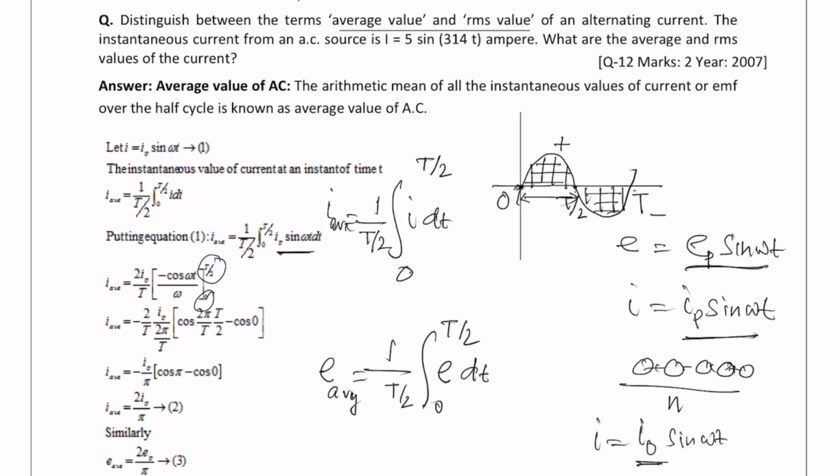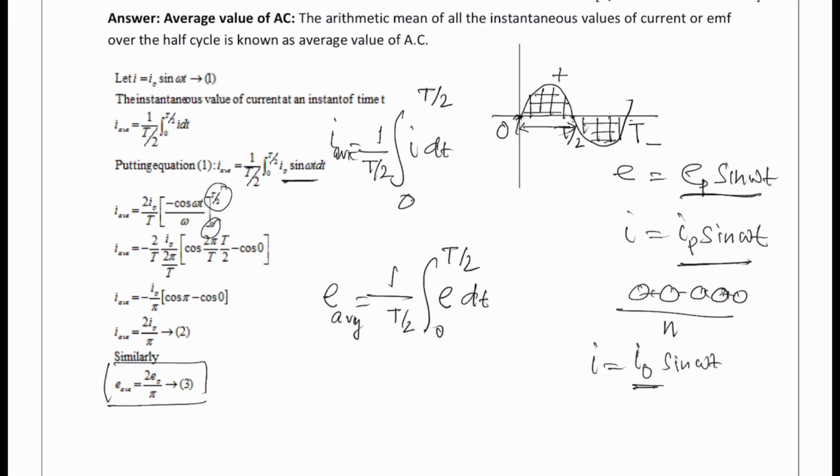Similarly, E is equal to E0 sin omega t. In place of I, we will have only E. So the average E will be how much? 2 into the peak value divided by pi. Now in this question, E0 is given as 5 and omega is given as 314. What is the average and